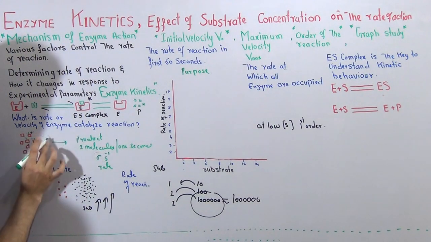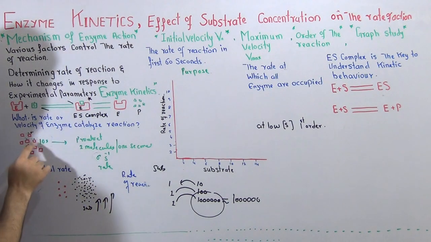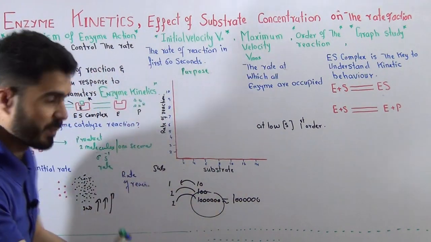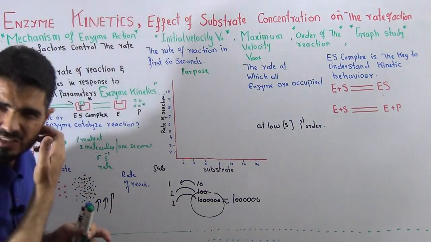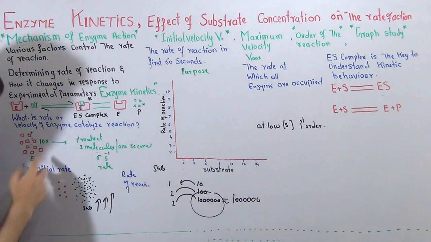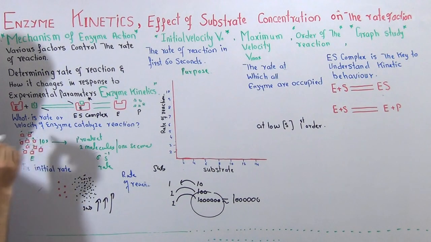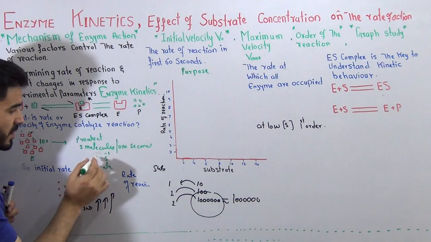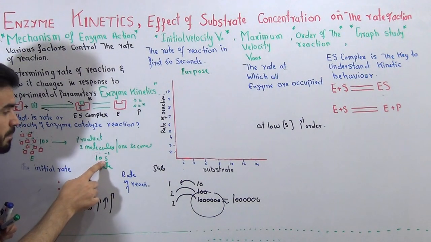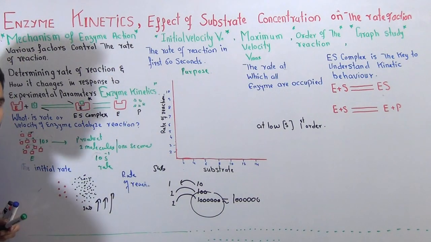So the rate of reaction has now increased from 4 to 6. Now if you increase the substrate concentration from 6 to 10, you are again using the same amount of enzyme. Again, a new experiment, you started a new experiment, with a fixed, constant amount of enzyme. 10 enzymes you have, 10 substrate you have. Now what will happen? The 10 substrate will attach to all the available 10 enzymes. The rate of reaction will become 10 molecules per second. You are getting this? So the 10 molecules per second is now called the maximum velocity or the maximum rate,